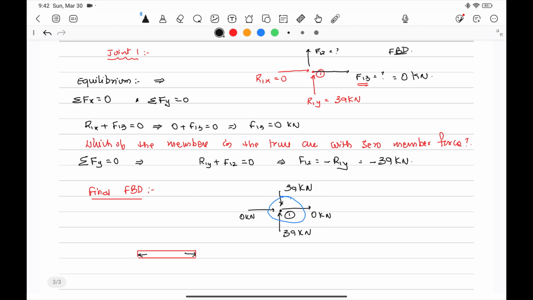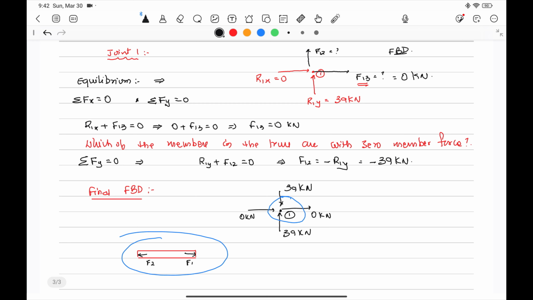Why is this? This is a very important concept. If I say this is F1, this is F2. If F1 and F2